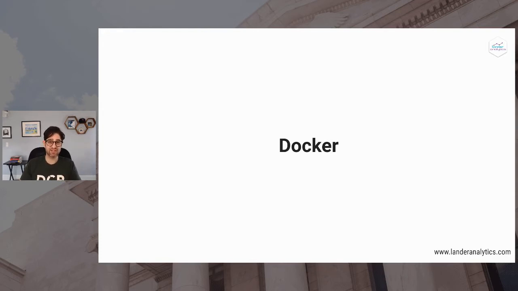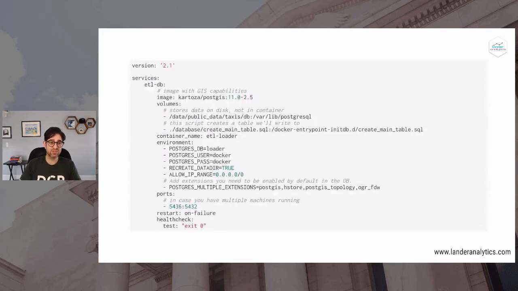Rather than build my own Docker container, I'm going to use an existing one, Kartoza PostGIS, and I will use Docker Compose for spinning it up. I'm using a volume to store the database data, that way it survives reboots. There's also a nice feature that any SQL files I put into a certain volume will be run the first time the container is spun up.